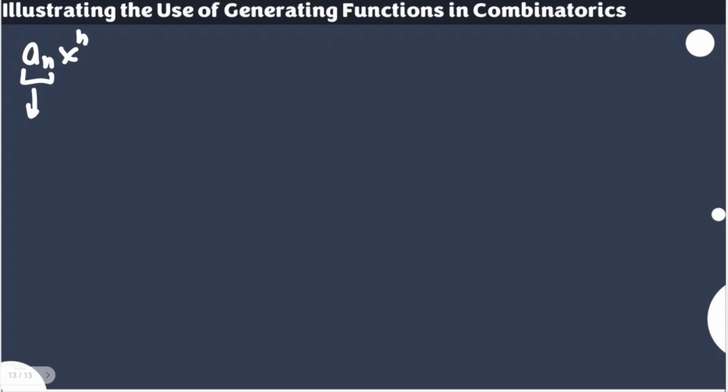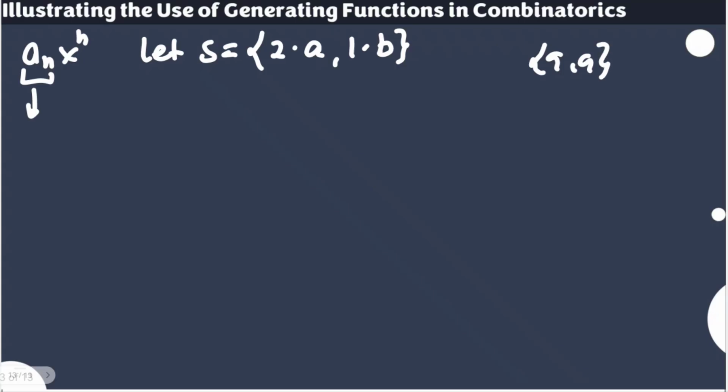In the previous video, we were able to illustrate that concept using a set where there are no duplicates. This time, let's illustrate it as well so that we could say that it's even true for a multi-set. Say, for example, you have your multi-set here, 2 times A, 1 times B. Of course, this is how we write a multi-set, because we cannot write A twice in a plain set, since a set should only contain distinct objects. But for a multi-set, we are guaranteeing that that is possible.